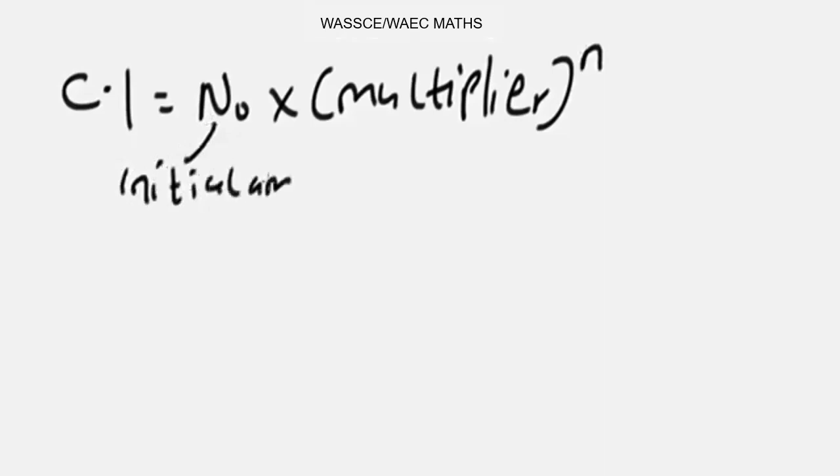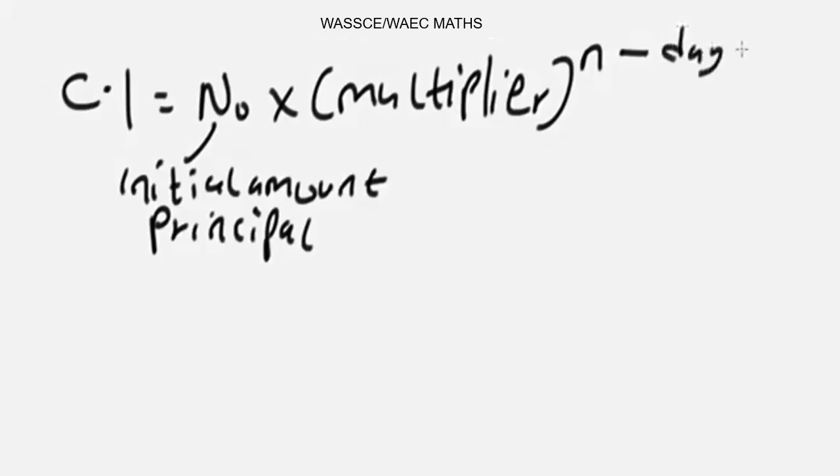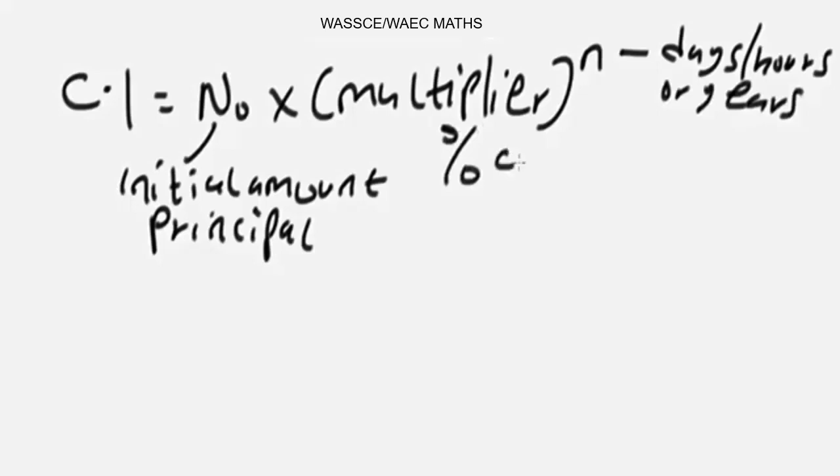where our N0 is our initial amount, which is also our principal amount. Our multiplier is the percentage change multiplier. Now our n is the duration in the question. It could be in the form of days, or hours, or years. For this percentage change multiplier,